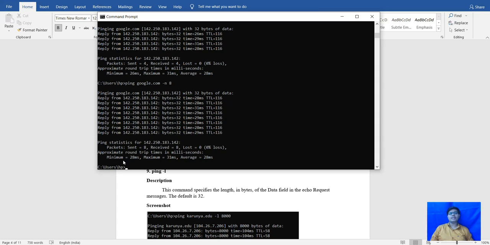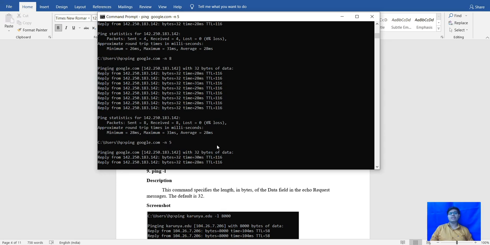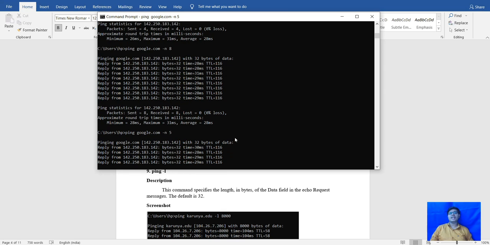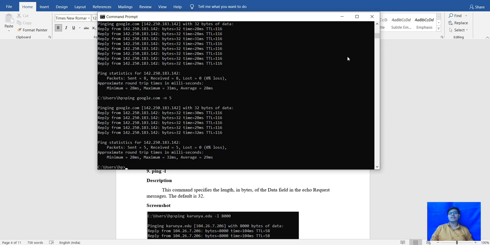So I have successfully sent 8 requests. If packets are lost, it will show, but the request was 100% successful, all the packets went there and came back. But if I give the number 5, it will go only 5 times, only 5 ping requests will go to the Google server and come back.